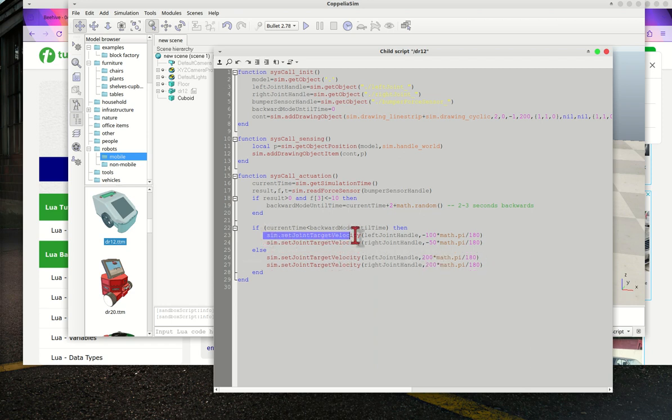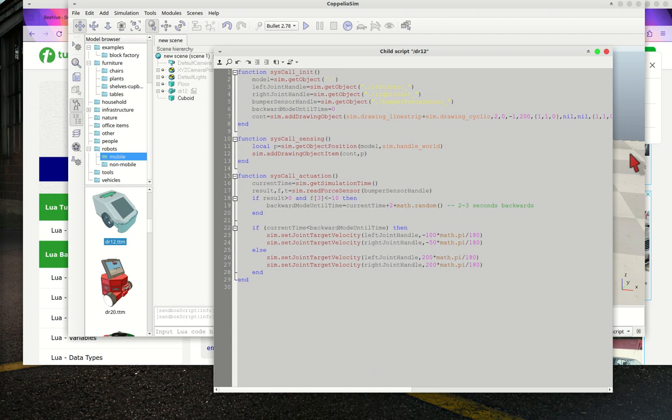If there is an object, what you do is reverse the left motor, minus 100 times pi divided by 180, and then this one, the right motor, reverse it at this speed, minus 50, this is the speed. 200 here means the speed going forward.